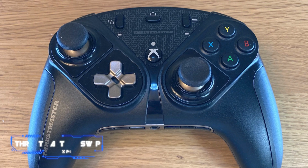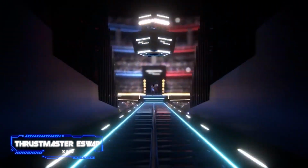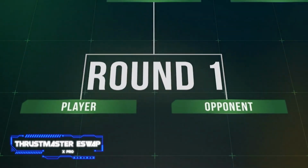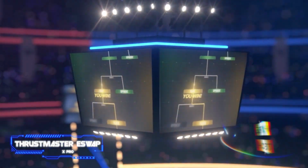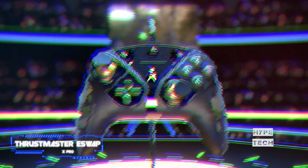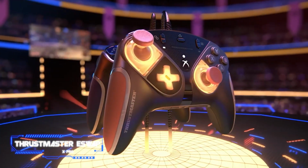The Thrustmaster Eswap X Pro has all the features you need to perform next-level customizations on your controller. It is a modular choice with interchangeable, movable parts. The thumbsticks and D-pad conveniently pop out, making it simple to experiment with different setups. Therefore, you have a choice between using the core controller's default layout and one that is more akin to DualShock